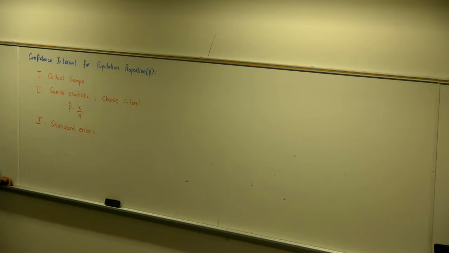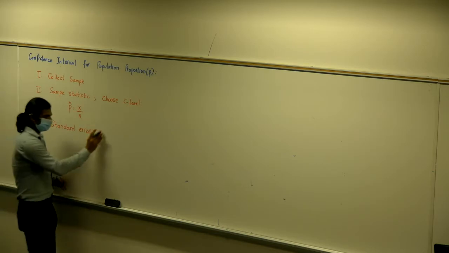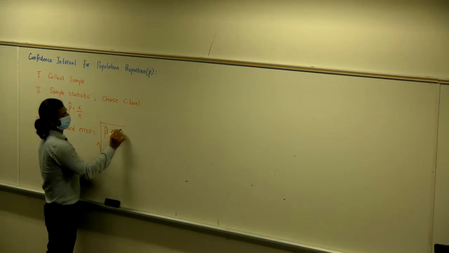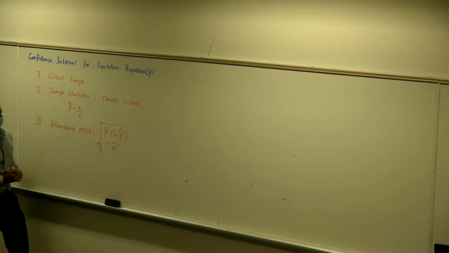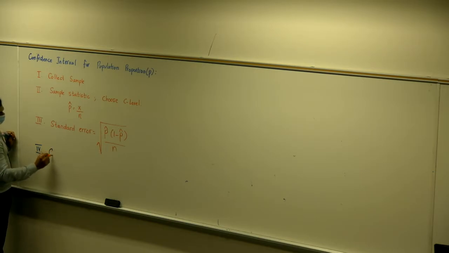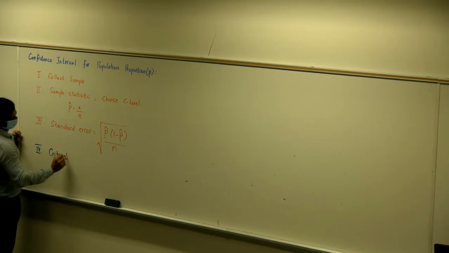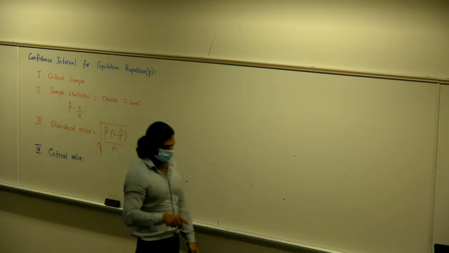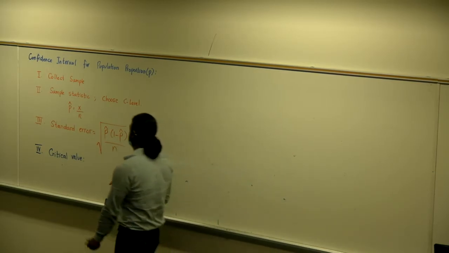Last time we had a formula for standard error, which was S divided by square root of N. This time it is square root of p hat times 1 minus p hat divided by N. We found the critical value last time. What did we use to find the critical value? Either the chart or inverse T function using the calculator. Here we have to use